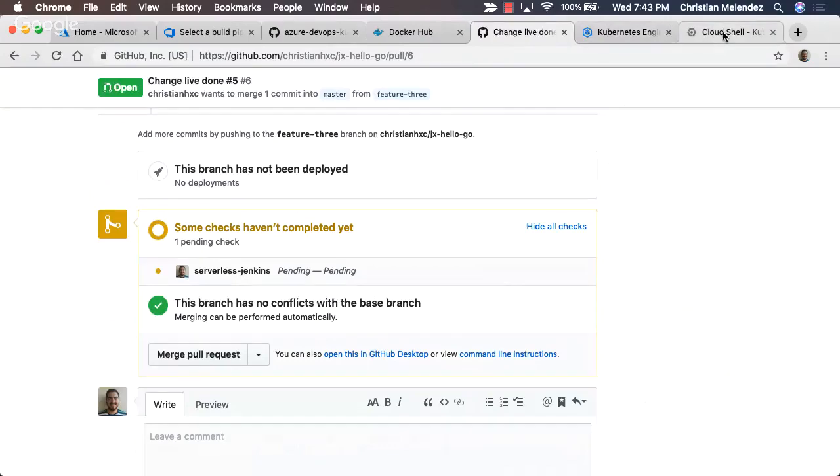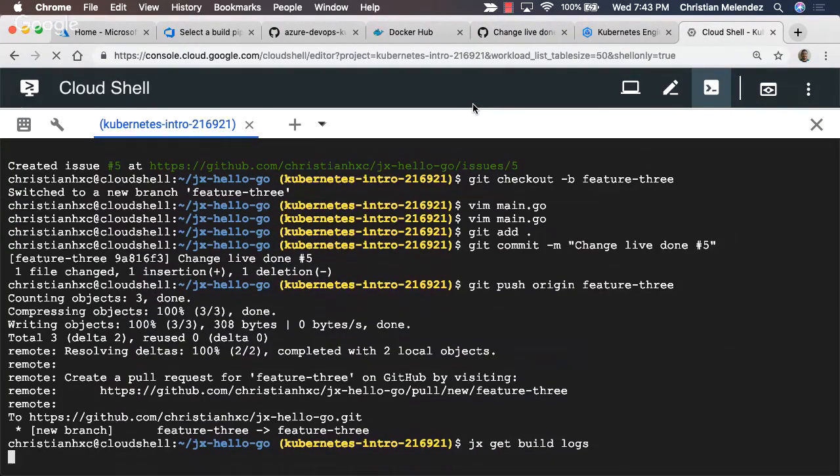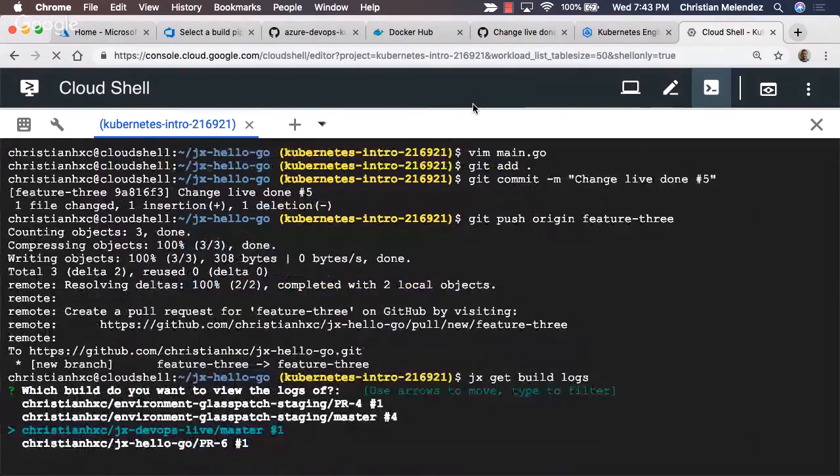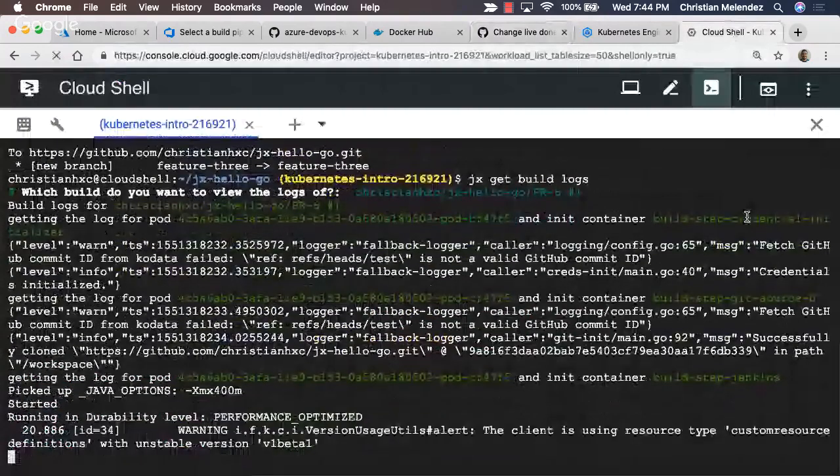If we go to Jenkins X and run get build logs, you can see that it is creating something for this pull request, which is number 6. You can see the logs, and you can see that it's doing everything. It's creating the Kubernetes pod for the Jenkins pipeline. It is building the application.